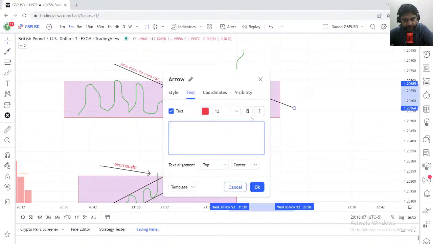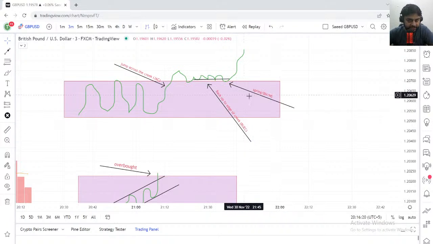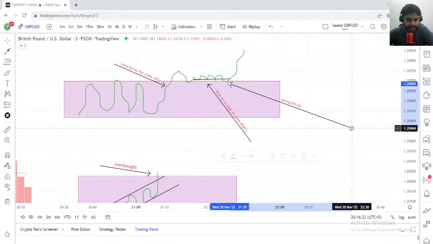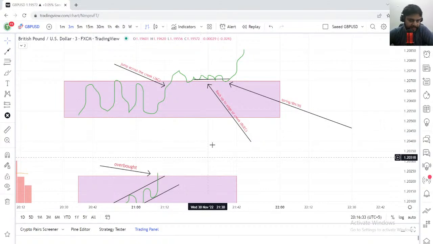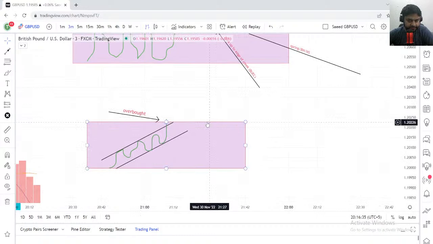Which one? As I already discussed, these three things can be there. One, it can be a spring, or it can be bag holding, or it can be a no supply test. So if you find any of these three things, you can buy over here, right? Because there is a trading range below and the market is coming out of the trading range. The difference of this with UT, I will explain. Just give me a little bit.